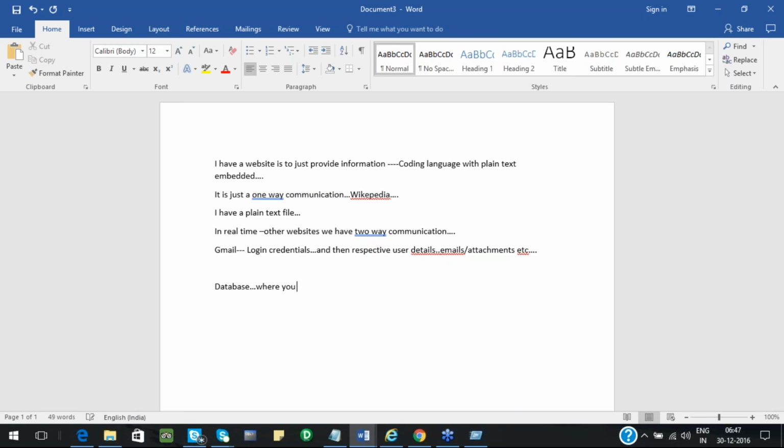where the details are stored in a logical way. That's a simple way of telling the purpose of having a database. All right.